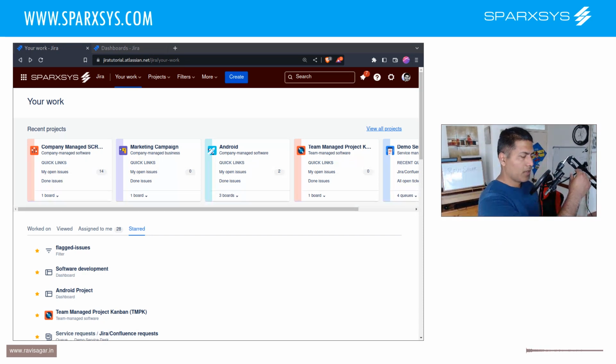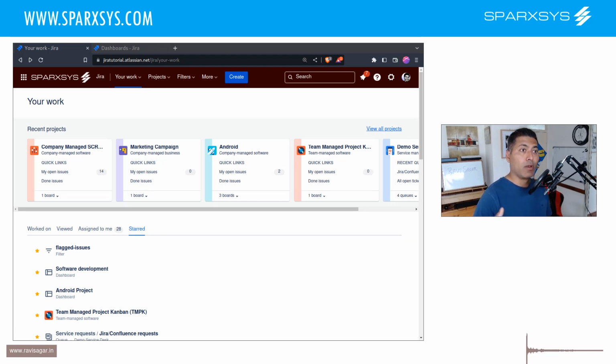Hello everyone. Now we all know that in Jira, of course, we have the concept of projects, and at the same time, if you're using, let us say, Jira Software, then you may also encounter this word called board. Now, boards are nothing but another layer on top of projects, and one project can